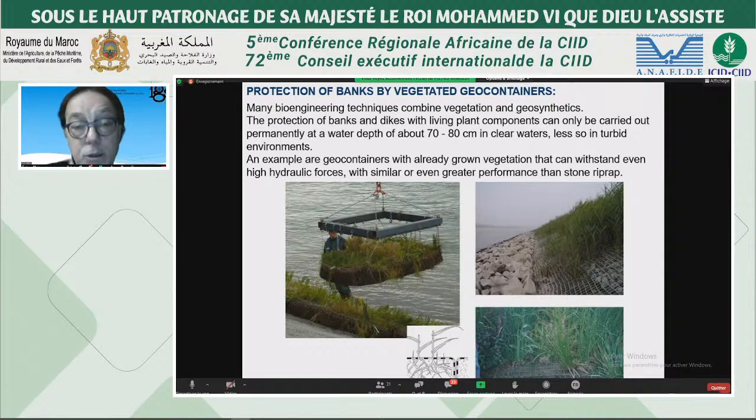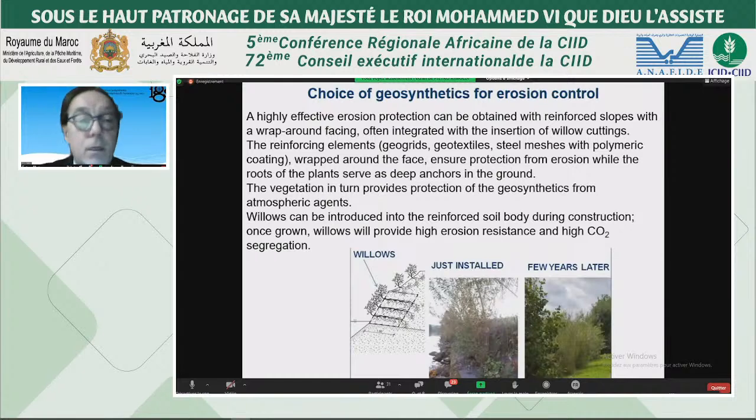Grâce à l'interaction entre les géosynthétiques et le composé naturel, il y a une meilleure adhésion et stabilité. Une protection effective peut être obtenue par le renforcement des pentes, par un recouvrement intégré